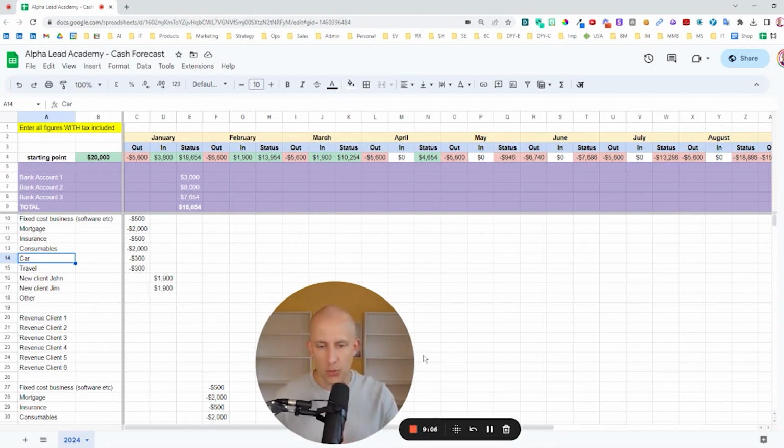And this tool has helped me enormously, especially in my leaner months when I was starting out, to know how my cash is going to look like at the end of the month, at the end of the year, and projecting out what was my financial runway.